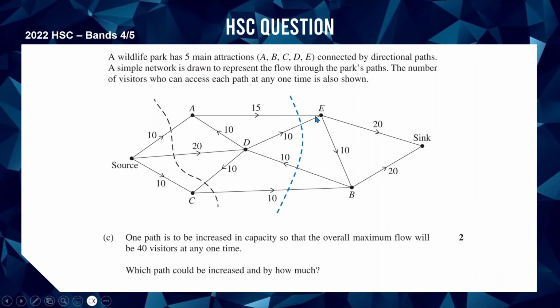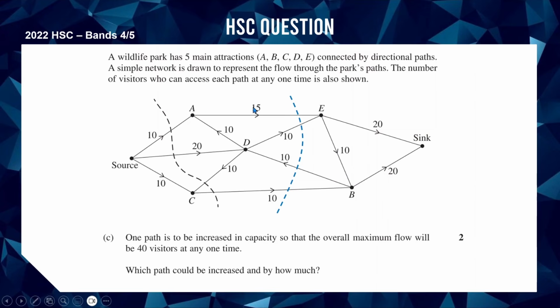Then if we look at where AE is ending, well, this vertex has got 15 and 10 coming in, which is 25, but it's got 10 and 20 coming out. So there's 25 coming in, but we could have 30 coming out. That's why AE is a really good contender for this question, because we've got 30 coming into the start of it. We've got the potential for 30 to come out the end of it, but this one's only carrying